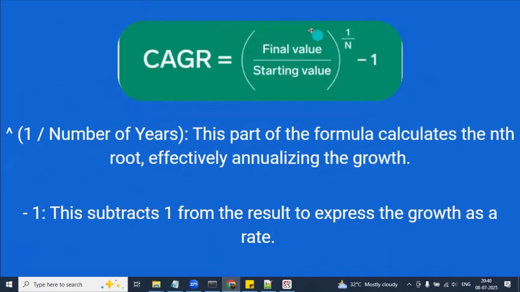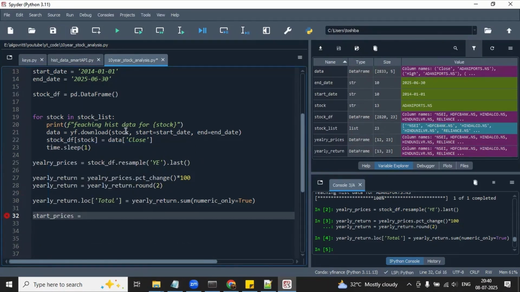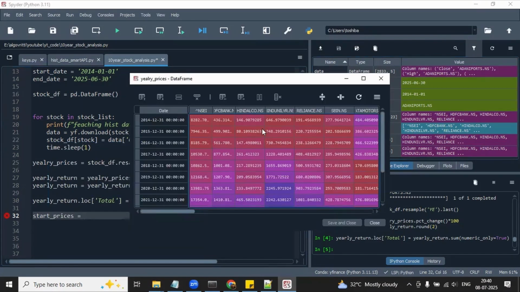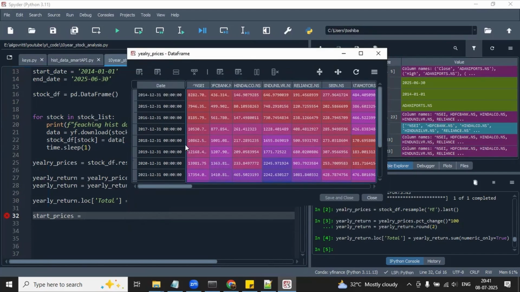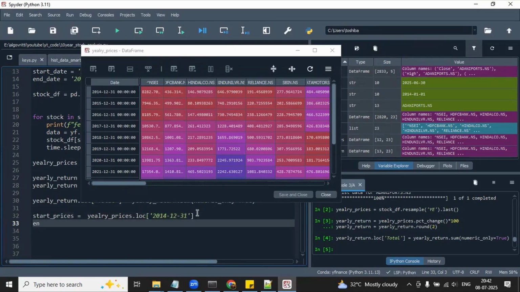Now let's implement this formula to calculate the CAGR. First, we need to define our start prices. For this, I am going to use this yearly prices data frame and take out the very first row. As you can see, the very first row will become our start price for each column. To take out this row, let me use loc, and then this date, which is 31st of December 2014. In the same way, to calculate the end prices,